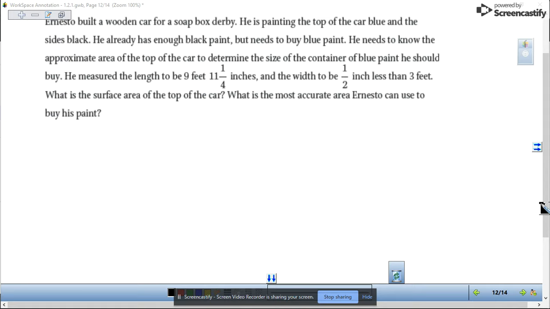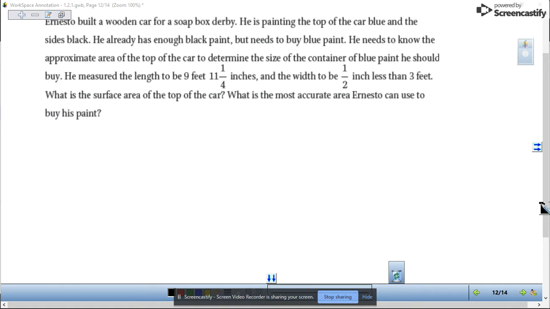So to make this simple, we're going to convert it to inches and do the math, and then we'll convert that answer back to feet so that we can get our square footage. Usually paint is measured by how many square feet it will cover. All right, so